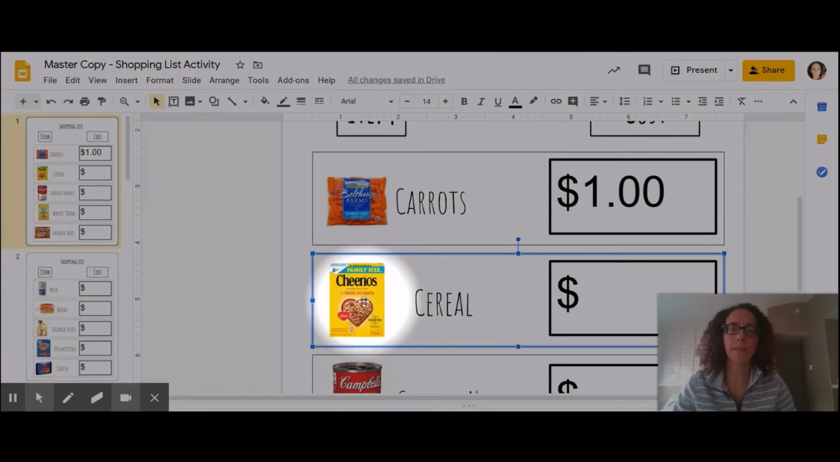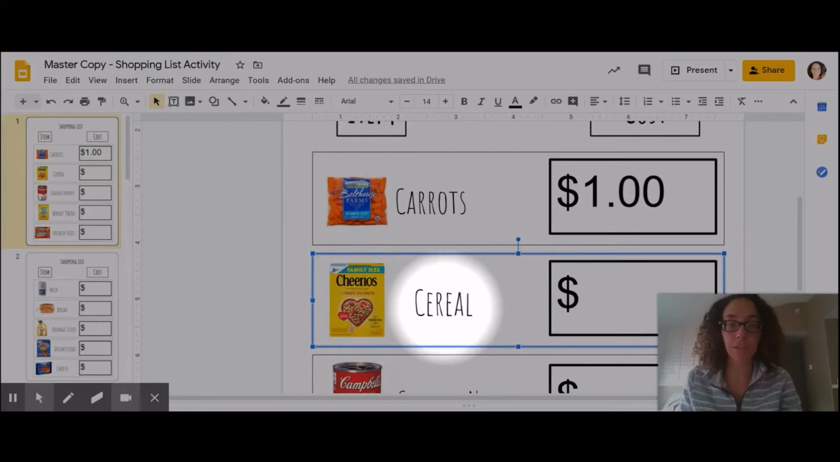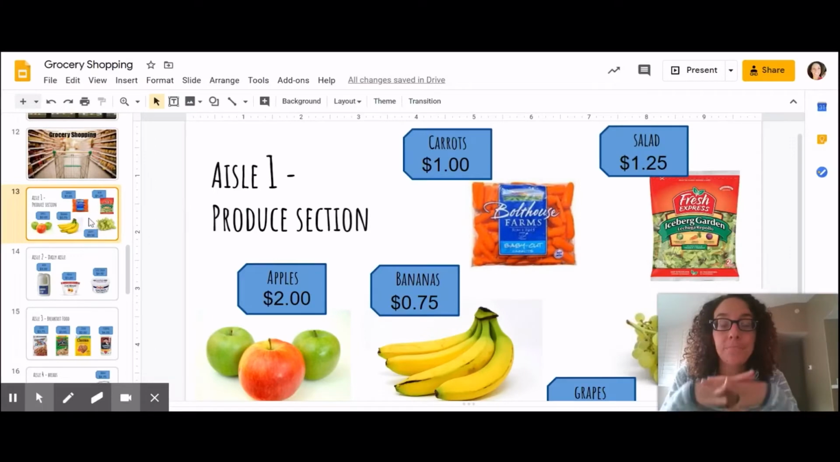What do we need? It's a yellow box. It's a yellow box of Cheerios cereal. Let's go to the grocery store and find the Cheerios. Last we left off in the produce aisle. But now we don't need any more fruits or vegetables. Next, we need